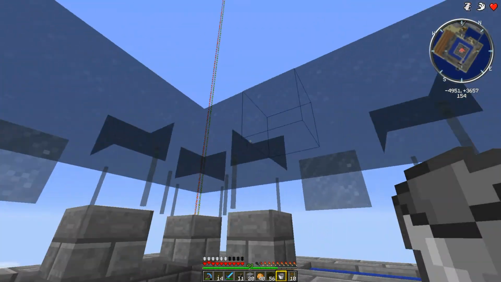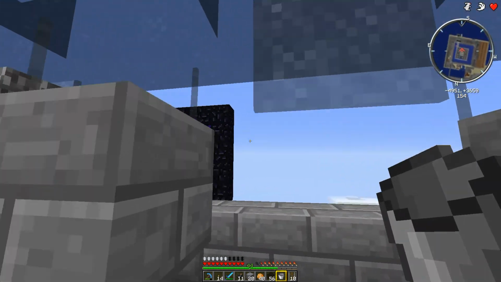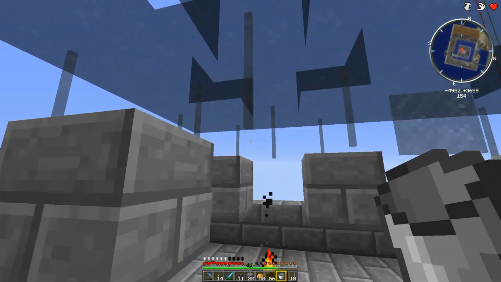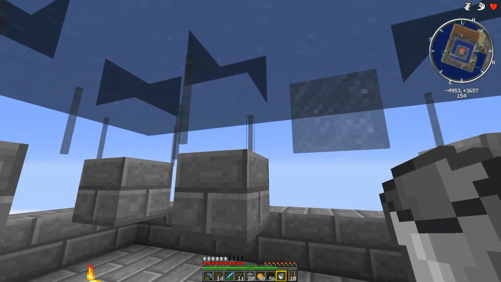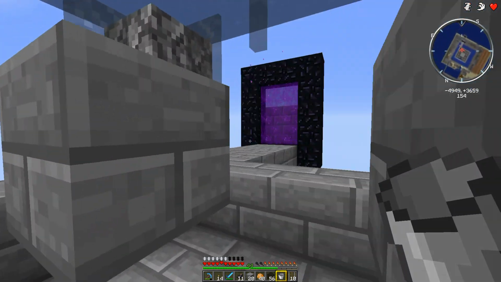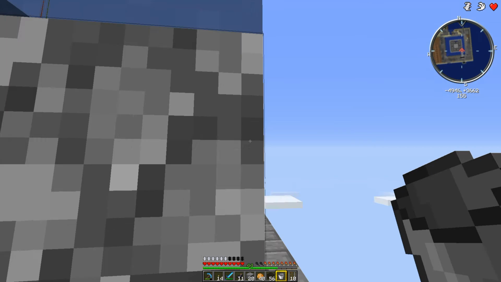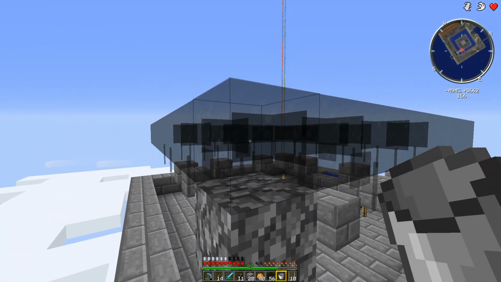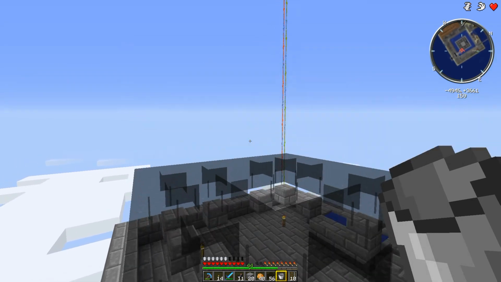Okay, so we've got the first layer of glass in anyway, around. And now when we put the water in there, when the babies are born, they'll fall out the sides. So I've got my infinite water source ready. Before I start putting water in though, I just want to stick the dispensers, the droppers